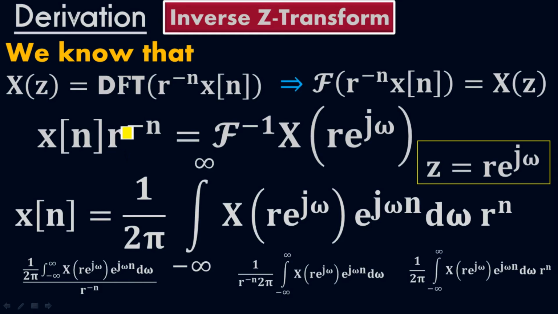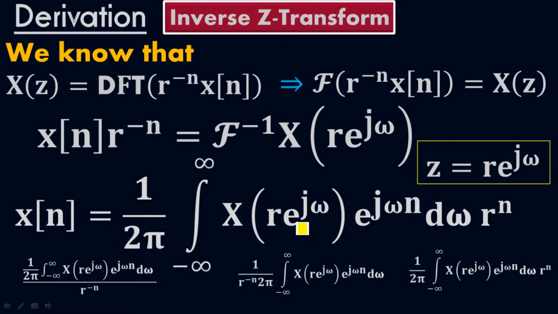Whenever you change the variable from the product to the other side, from negative it will be positive, and if it is positive, it will become negative. The same thing I did here. I have the product of f. So when I change this f to the right side, from f to the positive one, it becomes f to the negative one. My new equation will be x of n equals 1 over 2 pi into integral of x of r times e to the j omega times e to the j omega n times d omega times